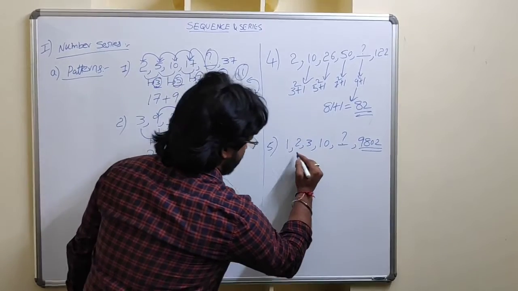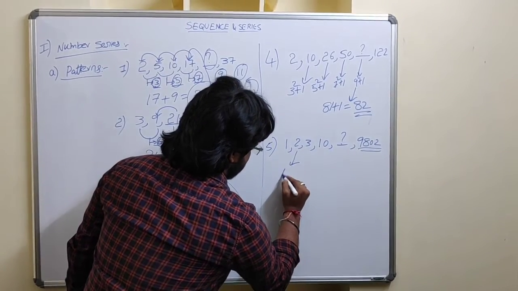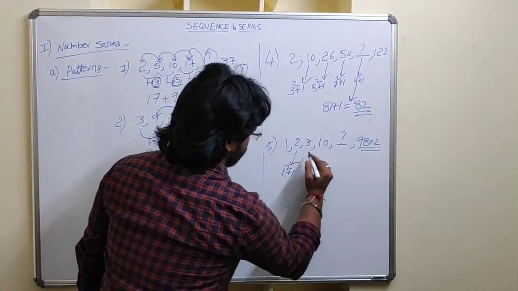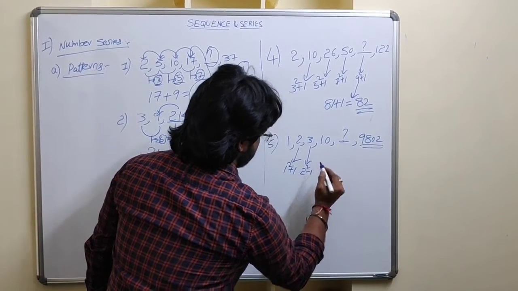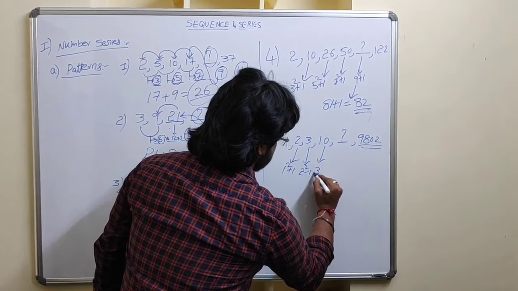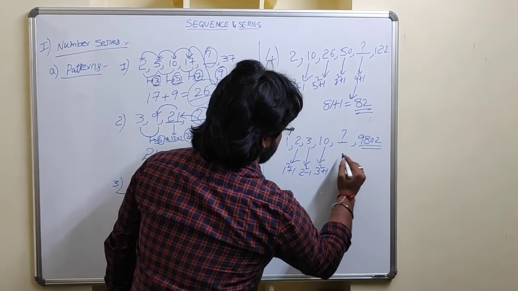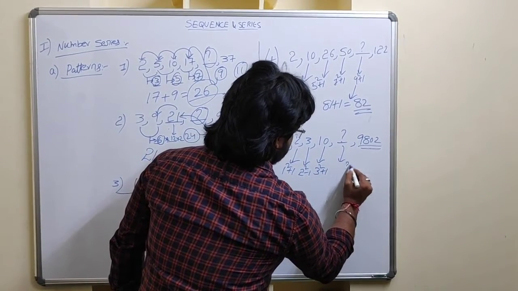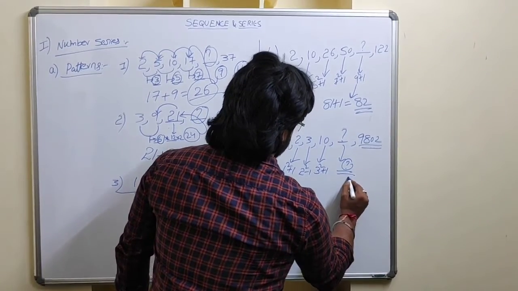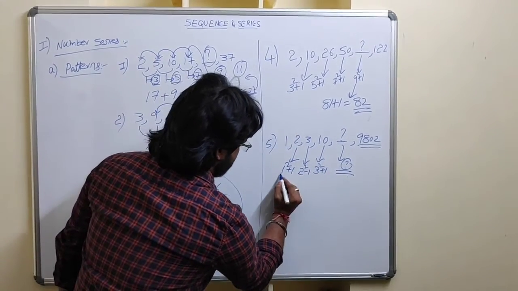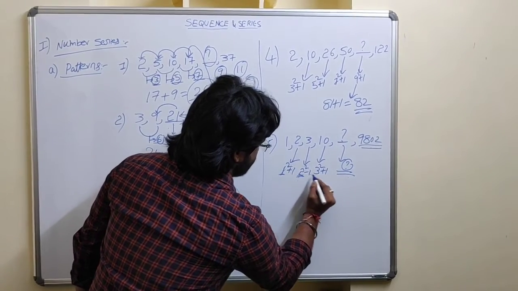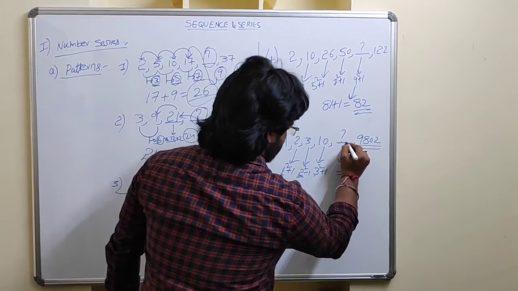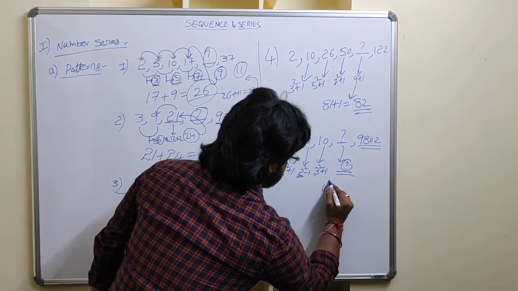So what you have to do is write 2 as 1 square plus 1, 3 as 2 square minus 1, and 10 as 3 square plus 1. Sorry. So for this question mark number, you will get the answer. Before that, observe that the values keep on increasing with square: 1 square, 2 square, 3 square. For the last one, you will get the answer as 10 square.